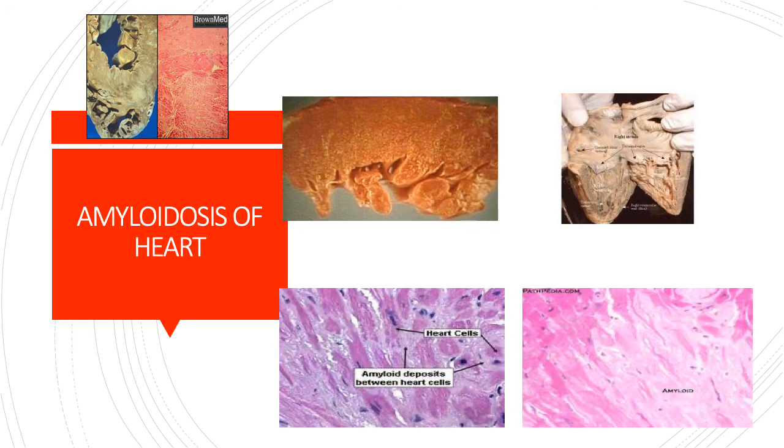Now coming to the organ involvement, amyloidosis of heart. The heart is enlarged in case of senile amyloidosis, and here the protein deposited would be amyloid associated with transthyretin. It's a normal protein, but deposited in the extracellular space. So there is enlargement of the myocardium. As you can see here, the myocardial cells are enlarged and there is a deposit between the myocardial fibers, and that can be demonstrated by Congo red stain.